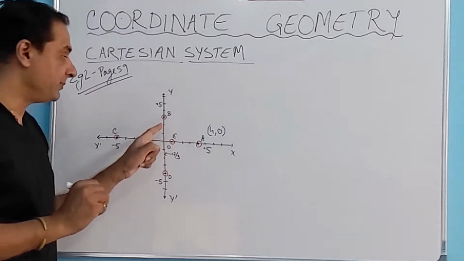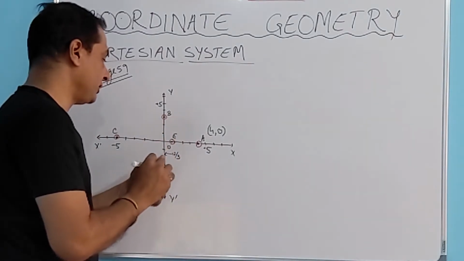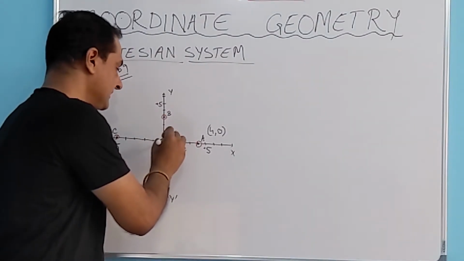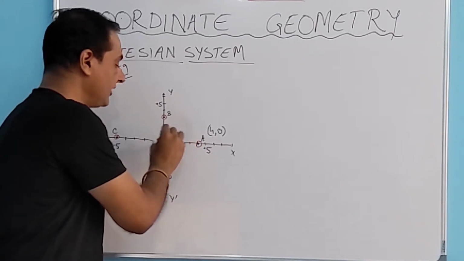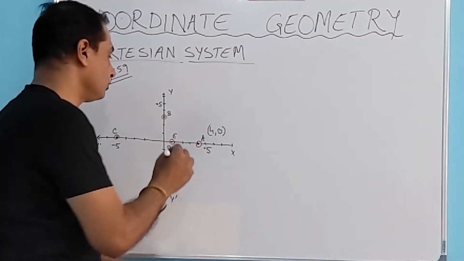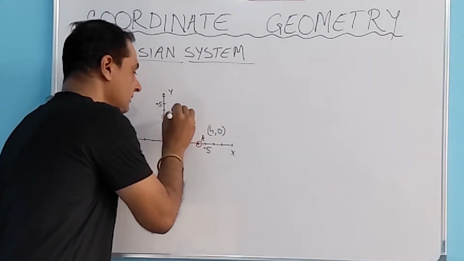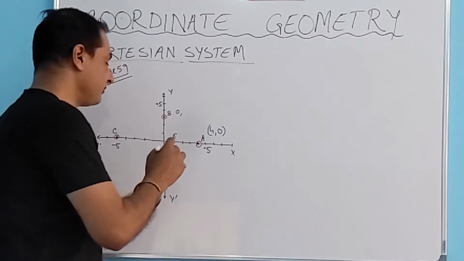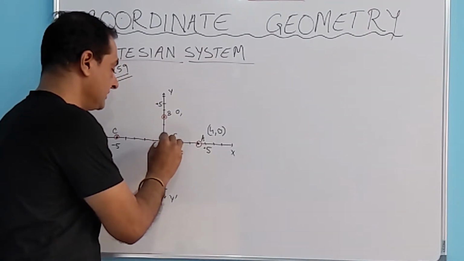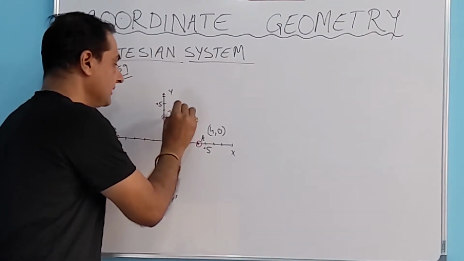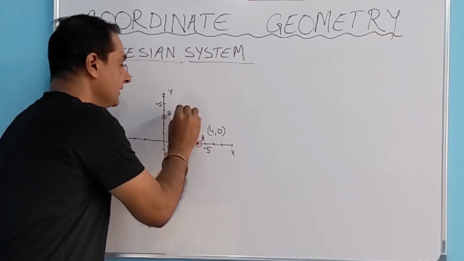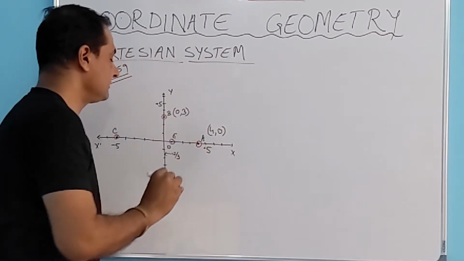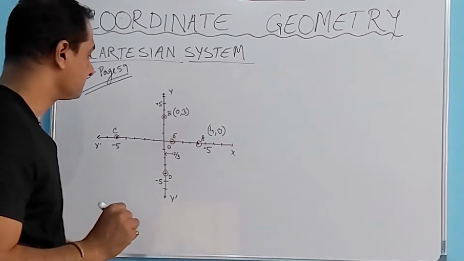If you look at point B, again x coordinate for point B, since it lies on the y axis, distance from y axis is 0. So x coordinate is 0. We look at the y coordinate, the perpendicular distance from x axis. So if you see, this is perpendicular 1, 2, 3. So y coordinate is 3, and we put that in bracket. So it is 0, 3.